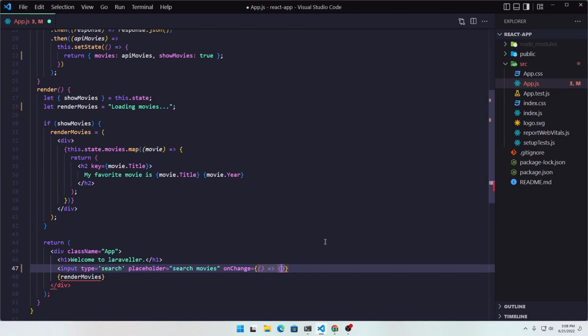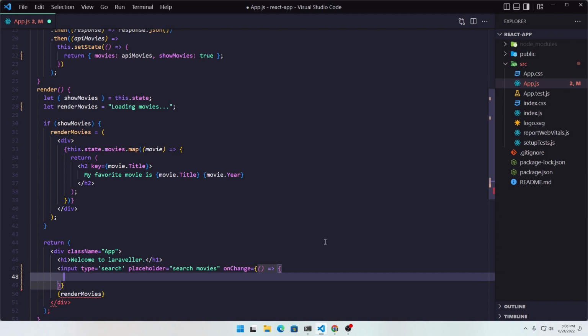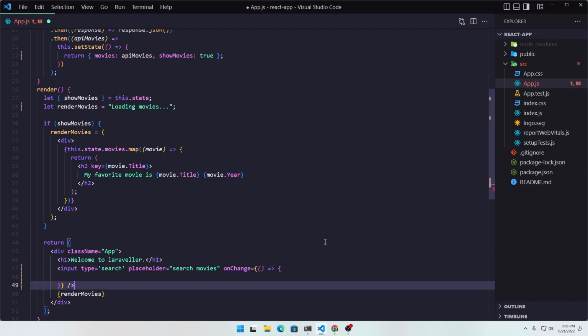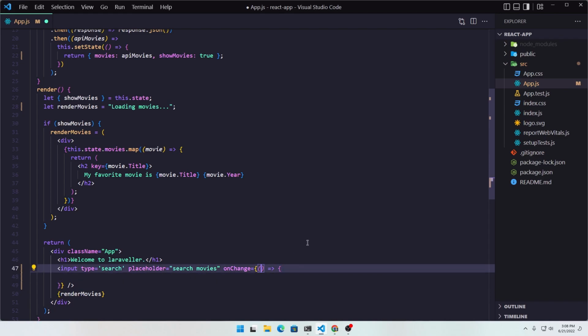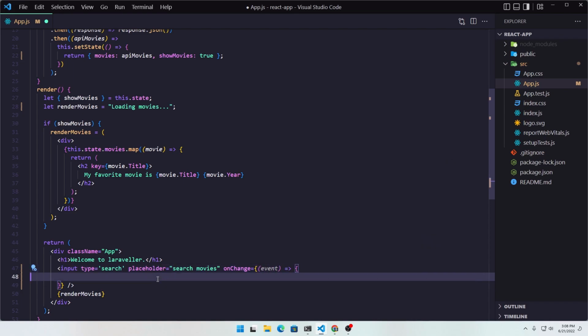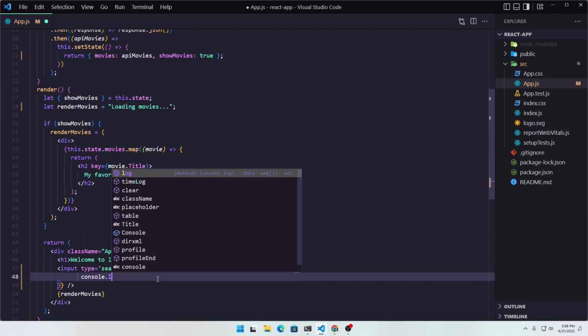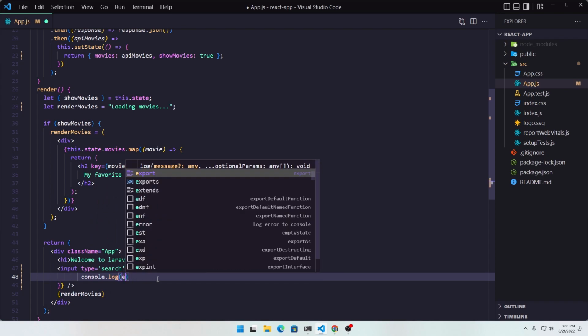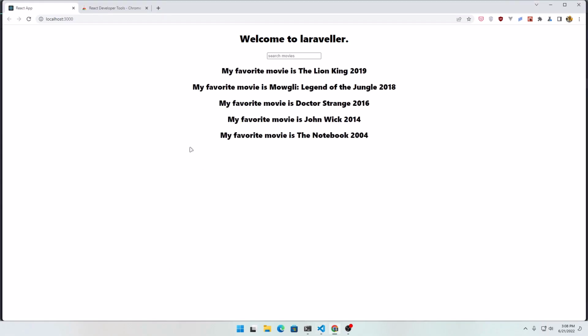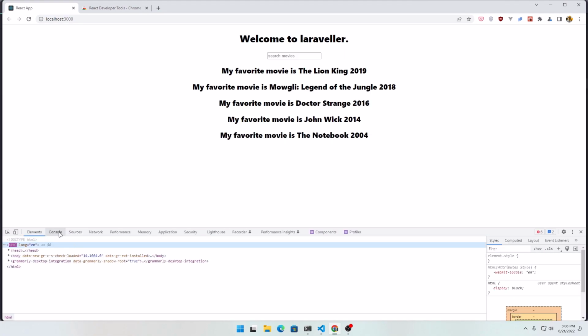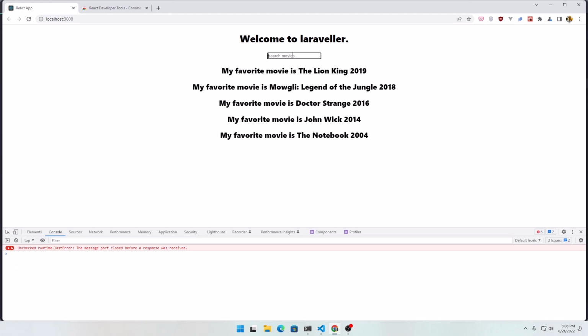If I add a callback function here, and on the callback I just console log the event, this is the event handler. Save, come here, inspect elements, go to the console, and if I type something here,